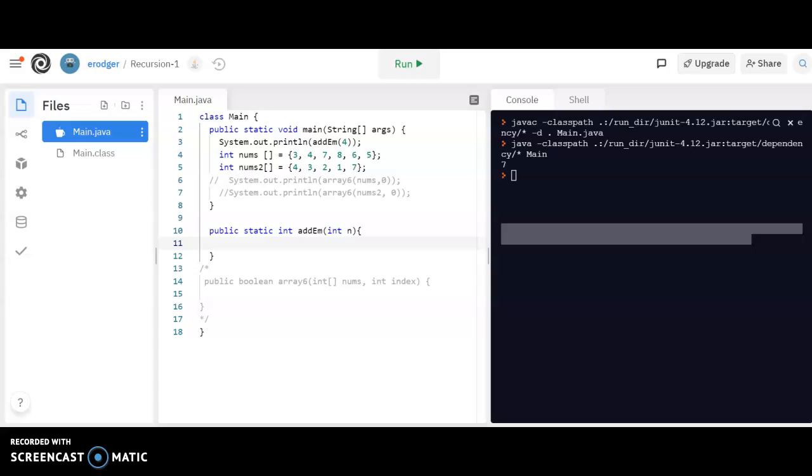Hi, in this tutorial we are going to talk about writing recursive methods. So the first example is just going to be a simple recursive method that would add all numbers starting at a given number n down to 1. So when I call this, for example, with 4, that means I'm adding together 4 plus 3 plus 2 plus